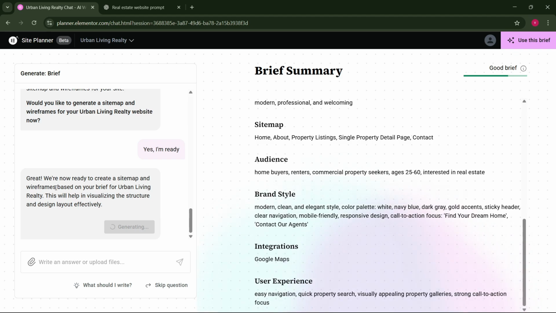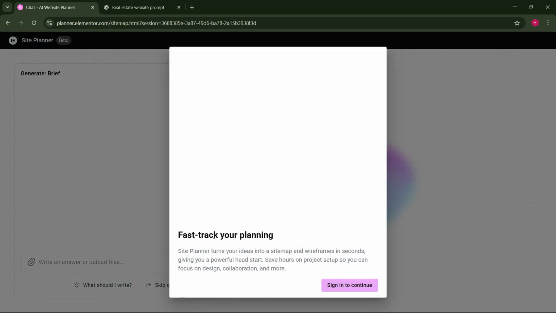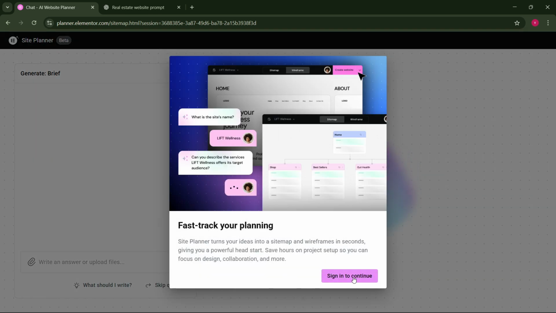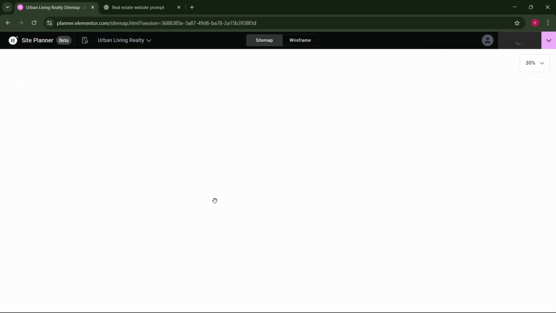So now you can see that it is making the site plan and the wireframe. Okay, so it will take some time. So let's wait for it to make. So you can see that it is saying sign in to continue. So let me sign in on this. Okay, so I think we have signed in. Okay, so you can see that